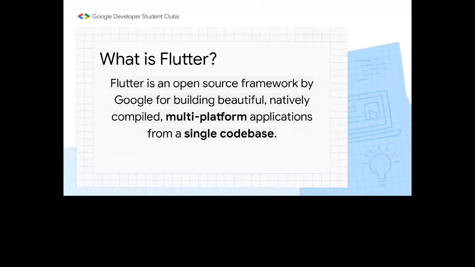The question is why is Flutter that important, or why is Google pushing Flutter? We will come to that question. But since we are talking about multi-platform applications, I know that not a lot of people know what Flutter is, but can anyone take a guess at how many platforms Flutter can support? Just take a guess.